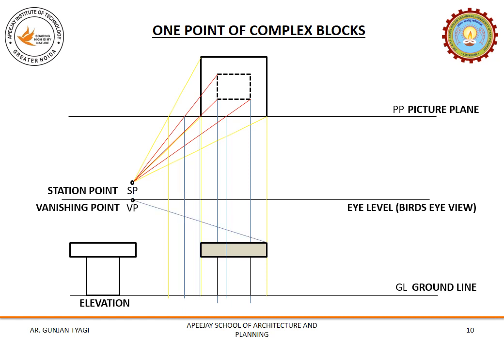I'll start joining the points in the perspective with the vanishing point. Now because I have the true height of the slab available, firstly I'll draw the slab. So in this case you see that I have started joining this point with the vanishing point, and because I am only drawing the slab part first, I'll join the points from the slab to the vanishing point. So now the second, the third and the fourth. After joining all this,